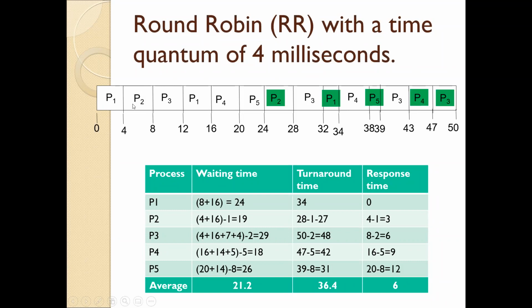Then 8 milliseconds. Then again after that, P1 waits from 16 to 32 milliseconds. During that also, P1 is waiting. So the total waiting time is 8 plus 16. So that is for P1, right? But the response time is 0. Immediately P1 will get the first response,